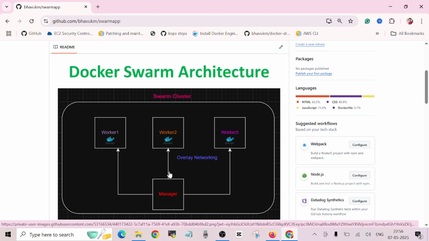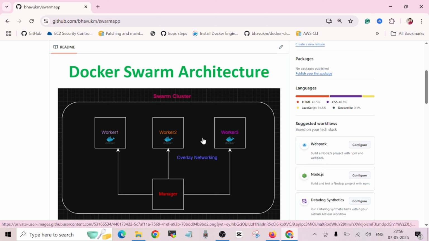When you create a Docker Swarm cluster, you will have at least one master node, also called a manager node, and you will have multiple worker nodes. It can be one or more than one, but in this example I have taken